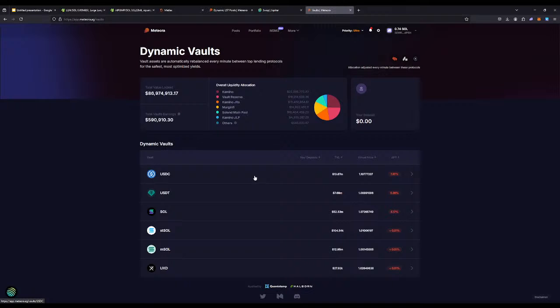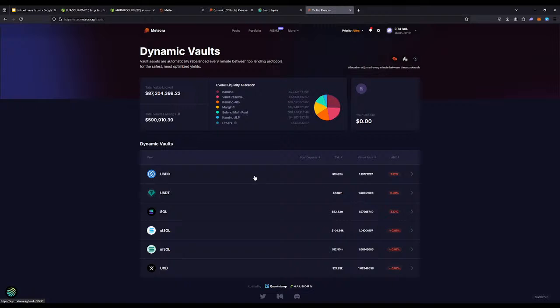yield at all times. The way they do this is they rebalance the token distribution across all lending platforms every few seconds. Earlier it used to be every 2 minutes, but recently they updated their smart contract or the algorithm. I'm not sure on the technicals, but now it is being done every few seconds. So the capital that you put into a Meteora vault is being optimized every few seconds across all three